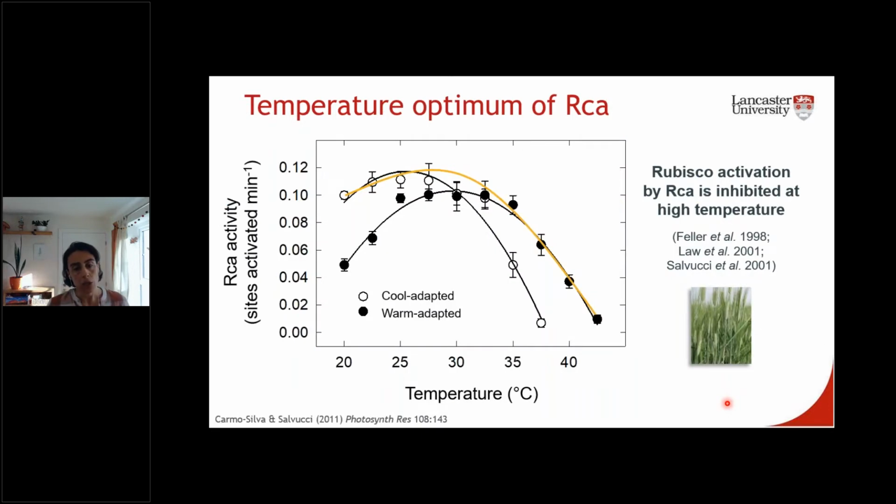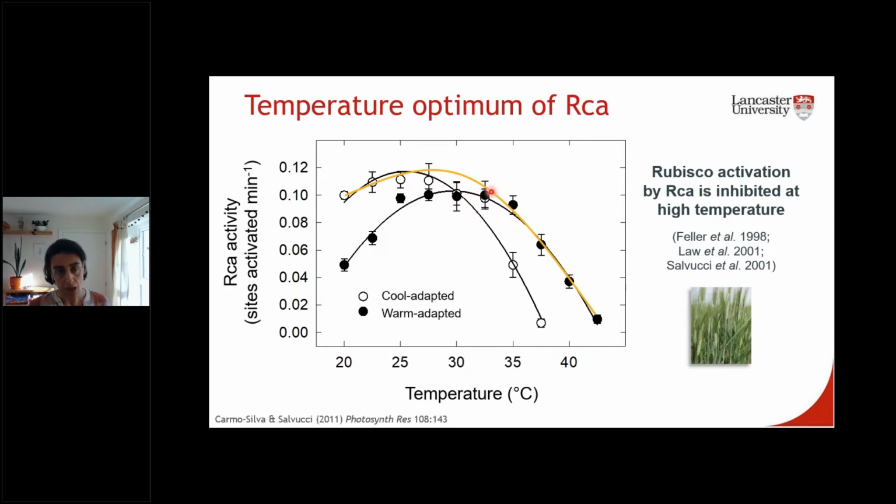Now, when we look at the temperature response of Rubisco activase activity, this is reflected by a decline when the temperatures reach these slightly warm temperatures. So what is shown here is the activity of Rubisco activase in terms of catalytic sites of Rubisco that are activated per minute, and this was measured at different temperatures. And when we measured cool adapted species, the temperature optimum is considerably lower than the temperature optimum of warm adapted